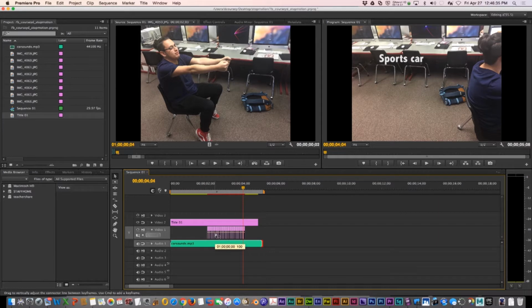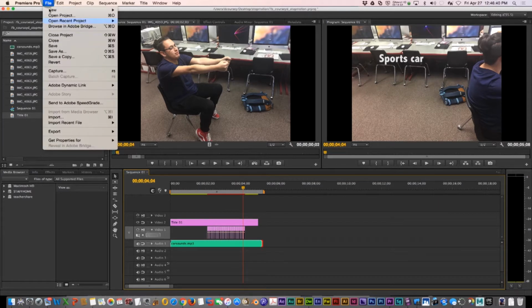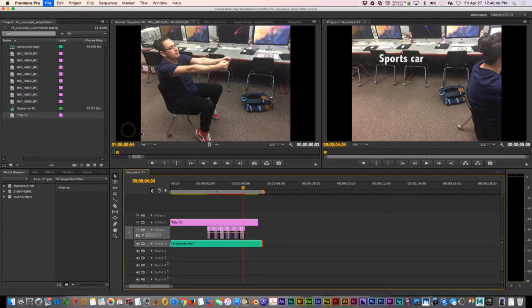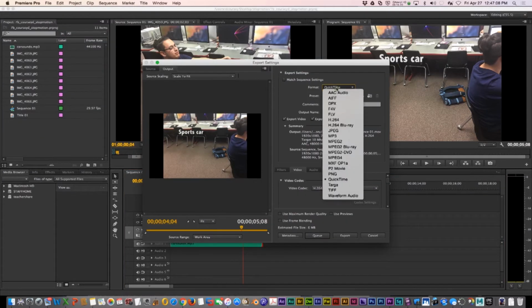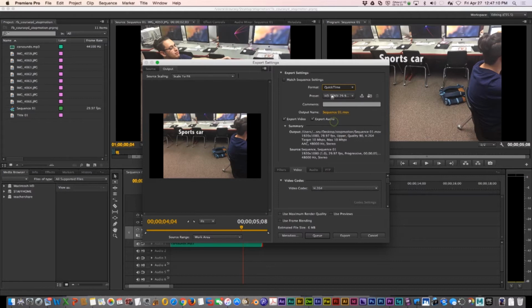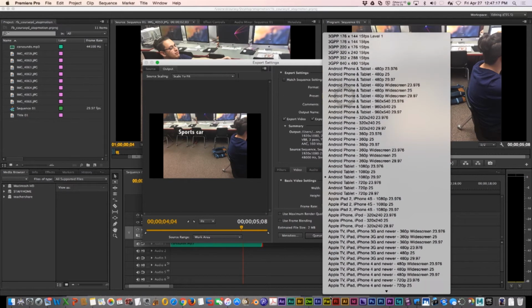Now, to get this out of Premiere, to render it and export it, you want to save it, but you go File, Export Media. Before you do that, you got to make sure this area right here, see the little orange highlight, make sure that your timeline is highlighted, because if you have this area, it's not going to export it. So you got to have your timeline selected, File, Export Media, and format, choose H.264, and I'm going to go down and choose